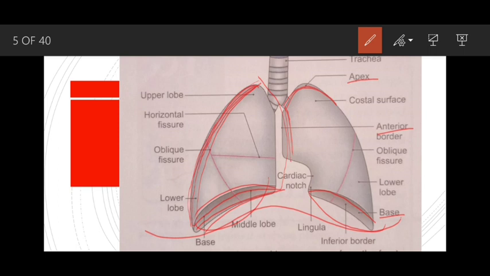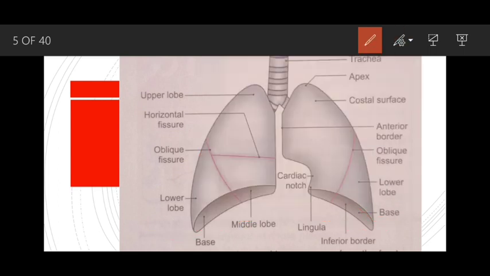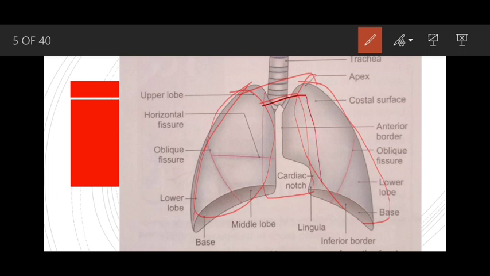The first surface is known as the costal surface, which lies on the costal side, meaning the anterior side. It is called costal because of the costal cartilage. The second is the medial surface. It lies medially, and the medial surface is divided into two parts. The part related to the mediastinum is known as the mediastinal part, and in the posterior side, because of its relation to the vertebra, it is known as the vertebral part.